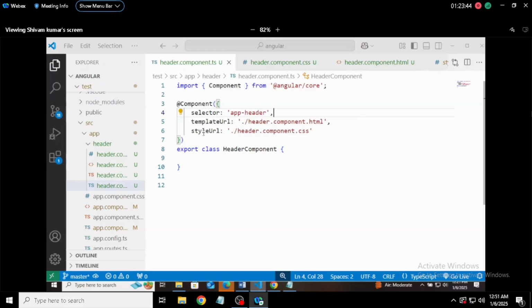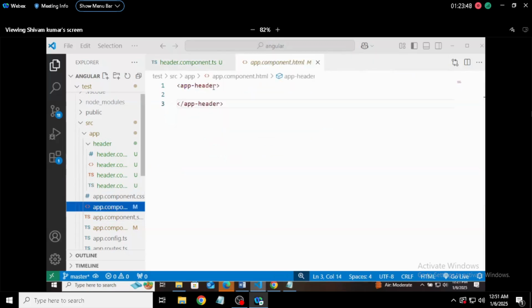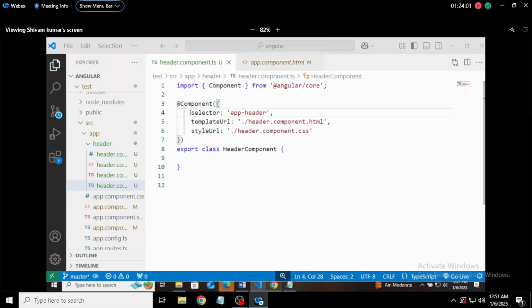Where we are using this thing, we are using the header in app component. So this is how we are writing it in the component file, right? We are using it as a HTML tag. So if you are writing the selector in this way,